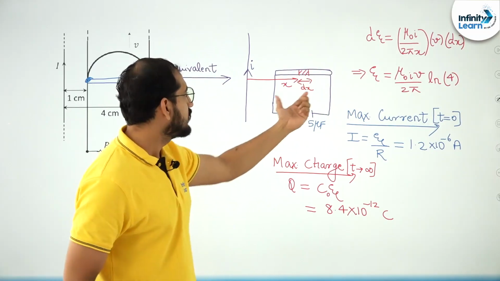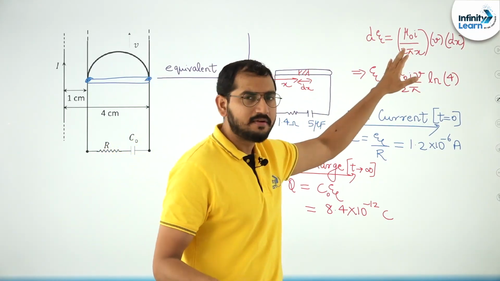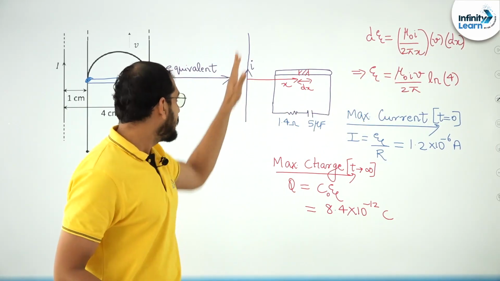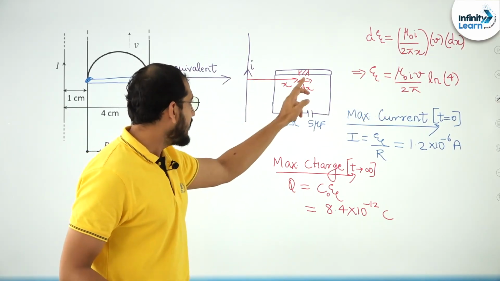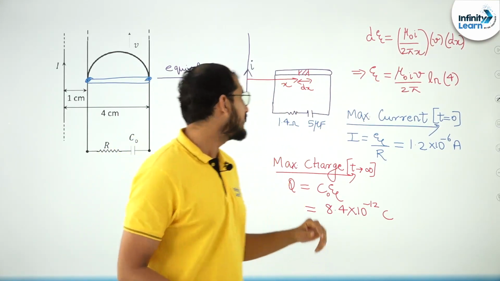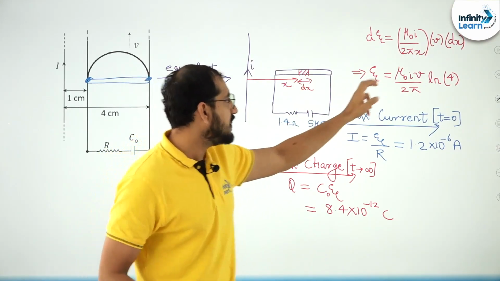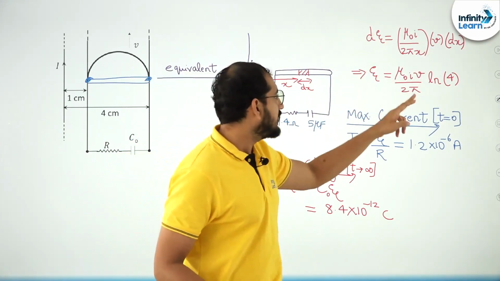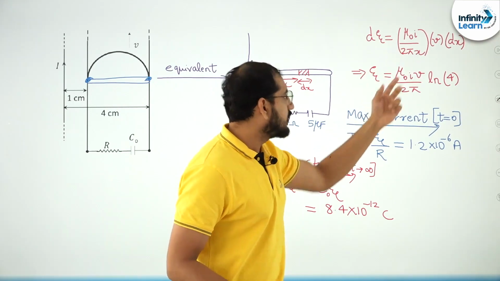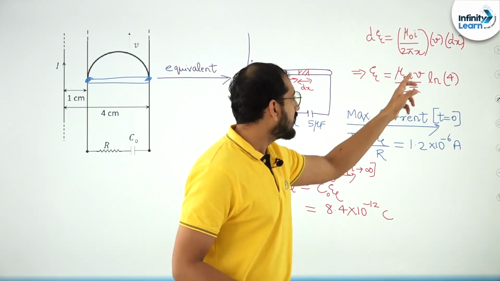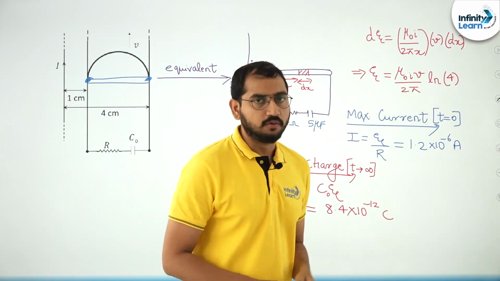So basically I'm using the formula of motional EMF as BvL. This is the magnetic field generated because of this current I at a distance of x. It is given in the question that initially it has some velocity v, and dx is the length of the element. After integrating it and putting in the proper limits, I will get the value of EMF as mu naught I v by 2 pi log 4, right?